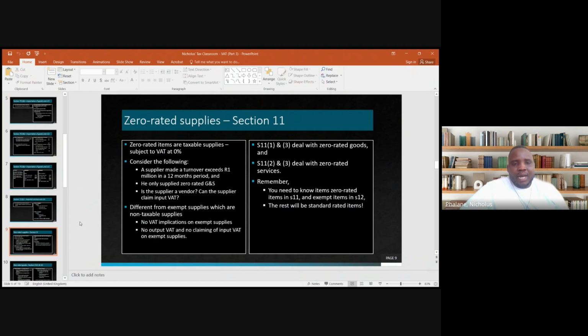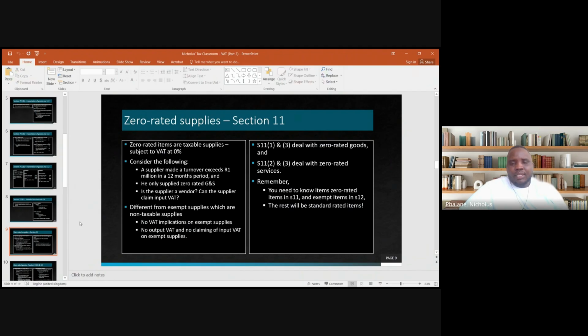Zero-rated items are different from exempt supplies, because exempt supplies are non-taxable supplies, all right? Basically, no VAT implications arise on exempt supplies: no output VAT, and obviously no claiming of input VAT on exempt supplies, all right? Let's look at then,